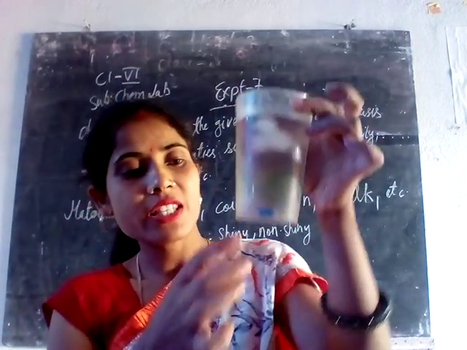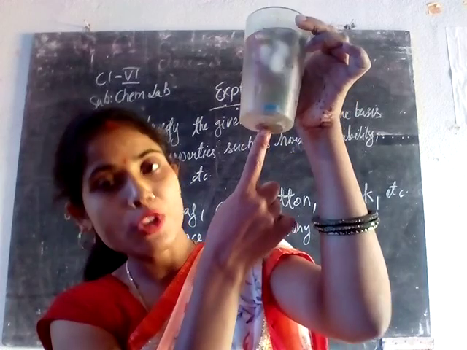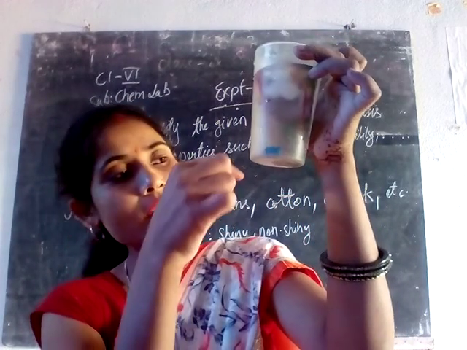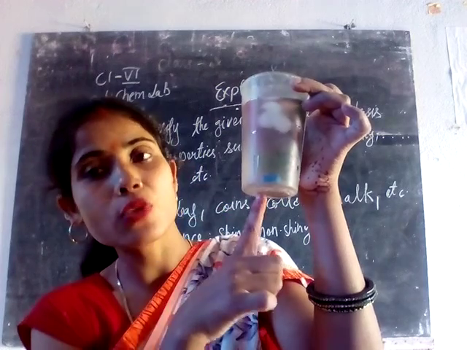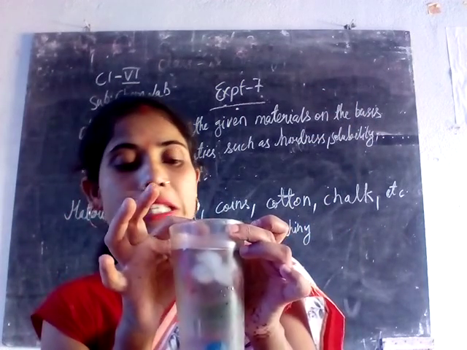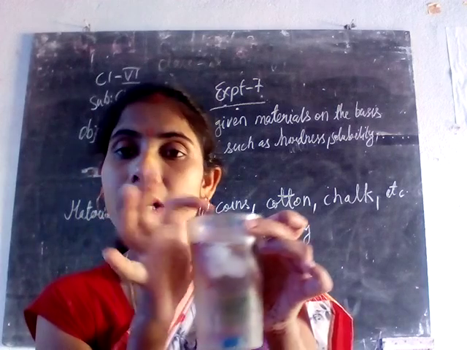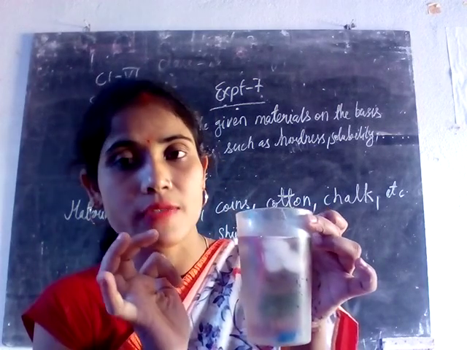As you can see here, the rubber has gone into the bottom of the water. The rubber has sunk, even the key has sunk, and even the coin which we have put has sunk into the water. The leaf is floating on the surface, even the cotton, and even the jute which is tied to the key is floating on the surface of the water.